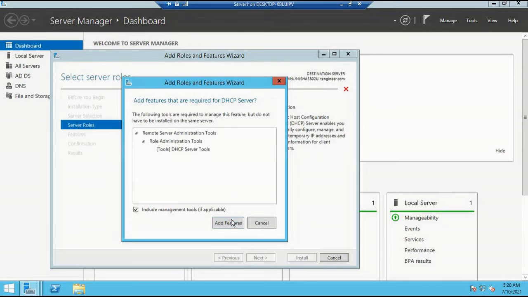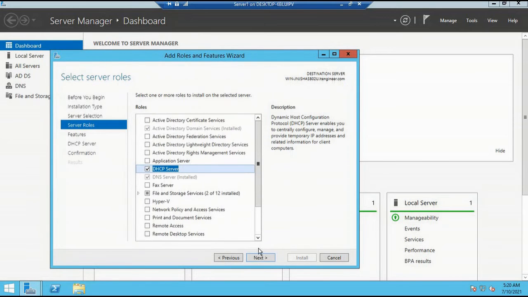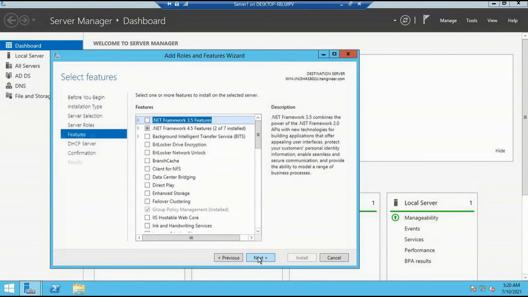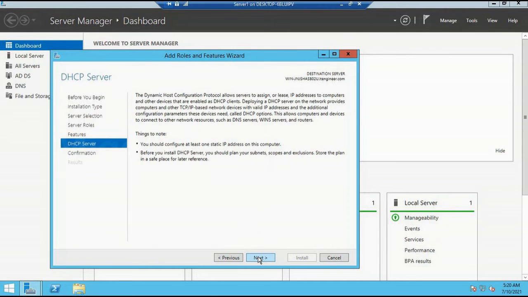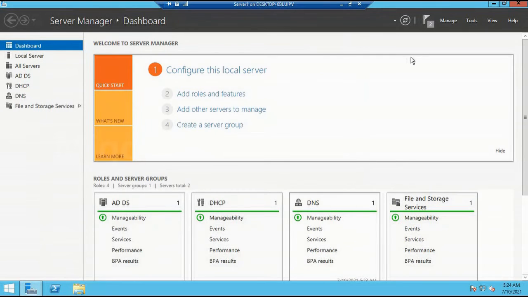Select which server role you want to add features for. Click on Next. Allow restarting the destination server automatically if required. Click on Next. It will start the installation.